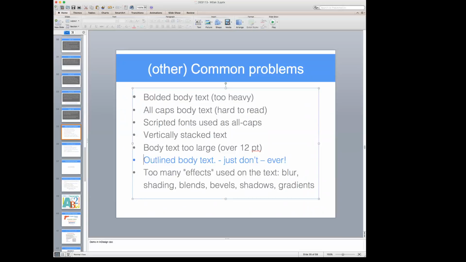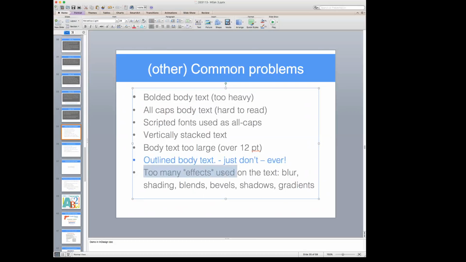Okay, let's talk about this rule here, outline body text. Just don't ever use it. I saw a few students outline the strokes of their fonts or some words in their grand opening invitation. This is a big no-no in graphic design. It's kind of what separates us from the amateurs and the experienced professionals. You just don't outline text. It just kind of cheapens the design. So avoid that at all costs. And I did want to put emphasis on that.